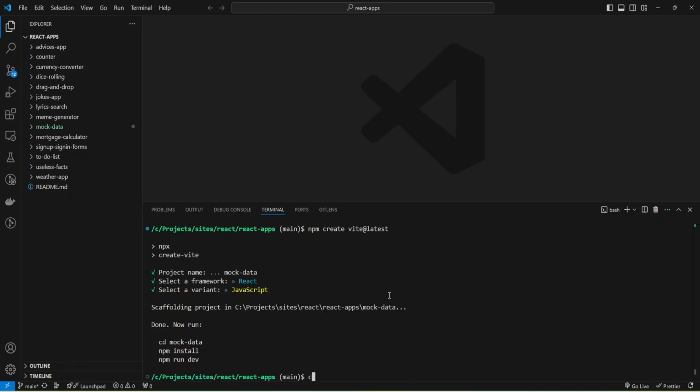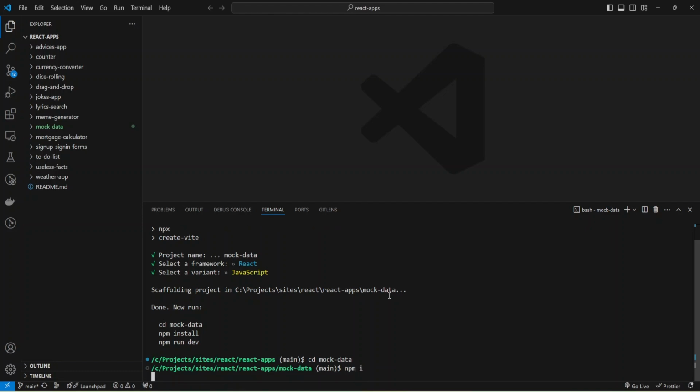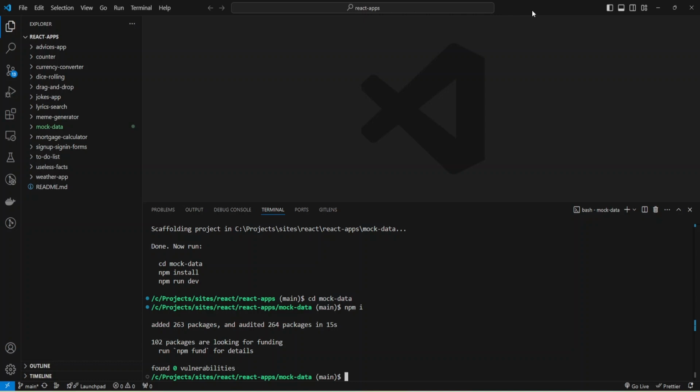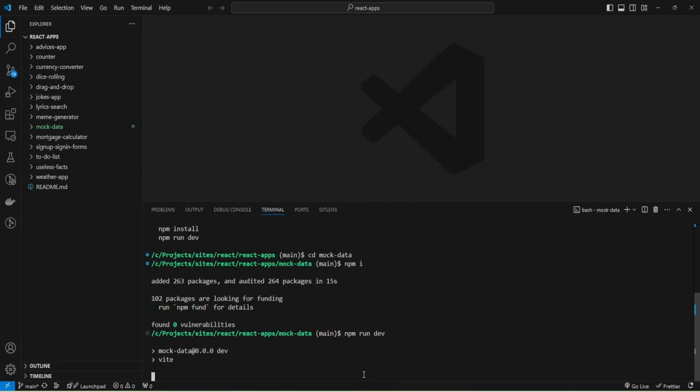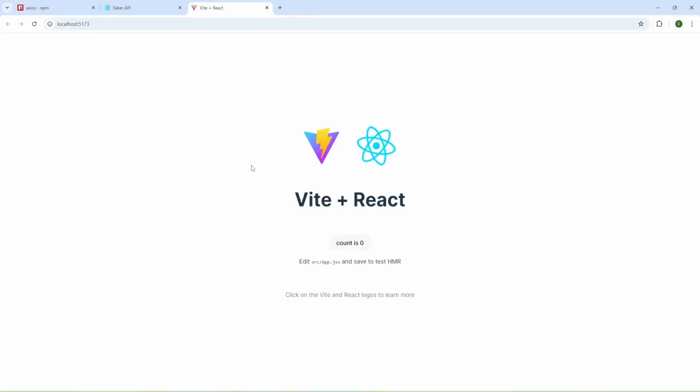Now I can navigate to my mock data folder with the cd command and install dependencies with the command npm install. Dependencies were installed, and now I can run my dev server with the command npm run dev, and I can launch my application in the browser.